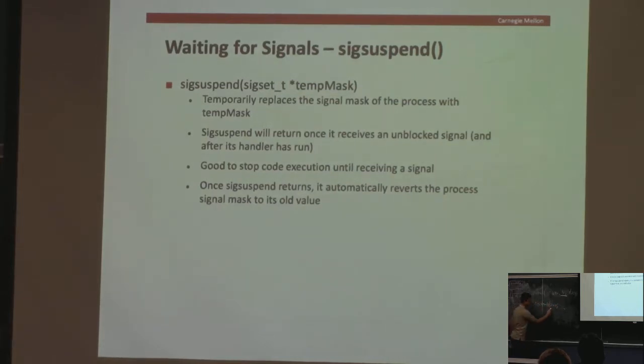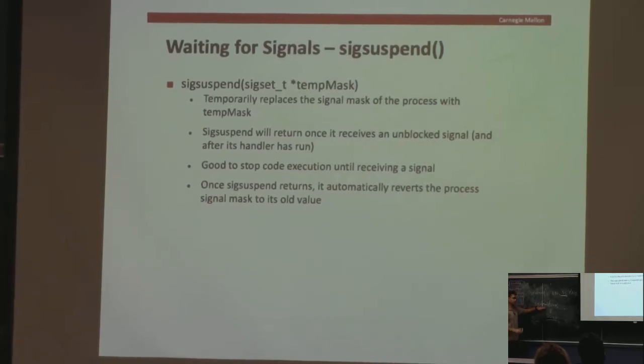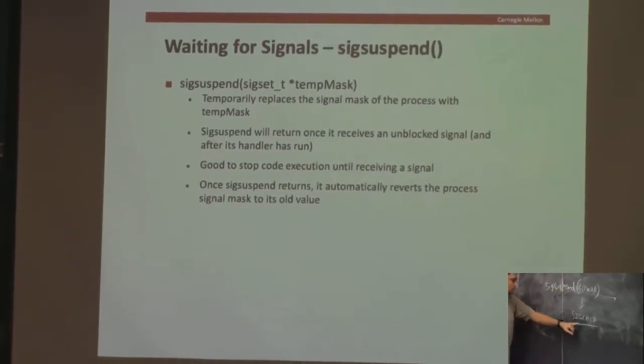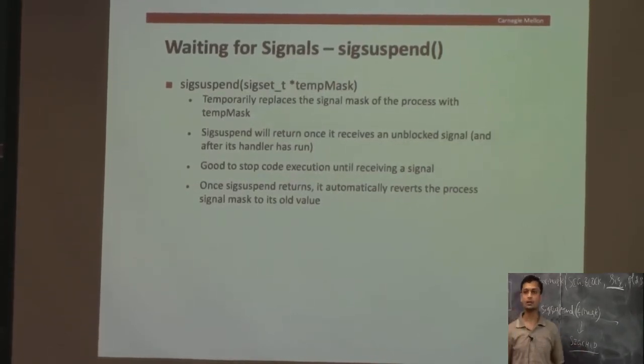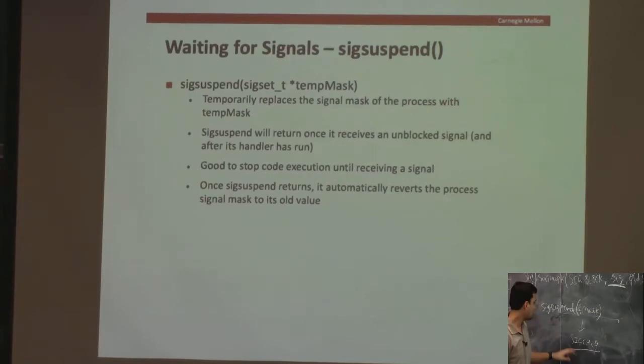So what this mask could have is SIGCHLD. Let's say, for example, it just has SIGCHLD. It's basically saying suspend the execution of this process until any child process delivers a SIGCHLD. SIGCHLD will be delivered when any of the child processes terminate, and when any of the child processes terminate, the kernel will ensure that it is delivered to the parent, and once it's delivered to the parent it will check, okay, I'm in sigsuspend, one of the processes has terminated now,